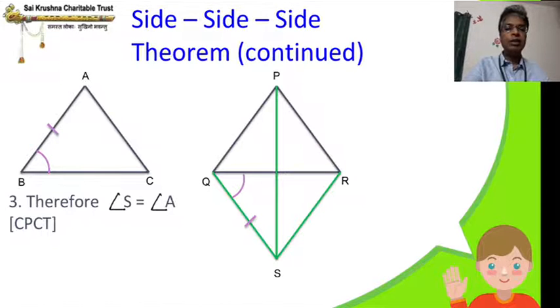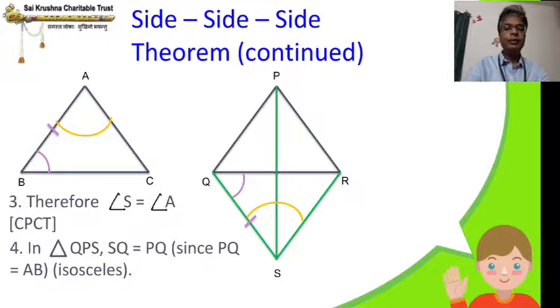So the angle A at the top of the left side triangle is equal to the angle at the bottom of the right side triangle. I am putting the arc also, an orange color arc. So these two are equal because of CPCT. Now in triangle QPS, you are seeing a diamond shape on the right side. In that, the triangle QPS is the left half, with PQ,